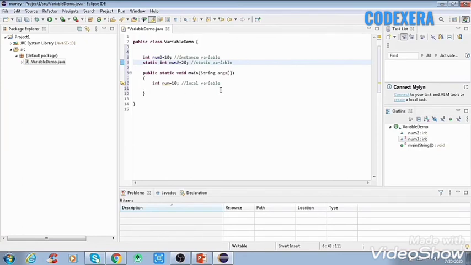So this is a local variable, this is an instance variable, and this is a static variable. We can also put these static variables here, but a static variable will not be a part of local variables. So I hope you all are now able to understand what variables are and what the different types of variables are.